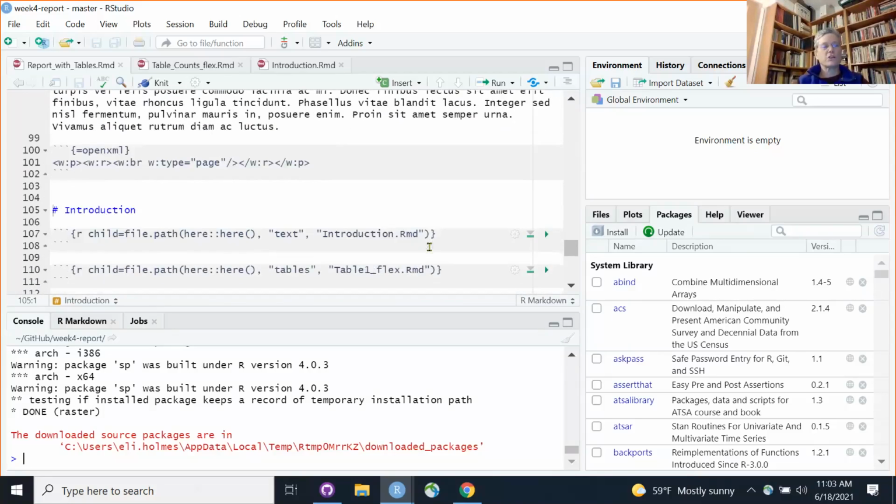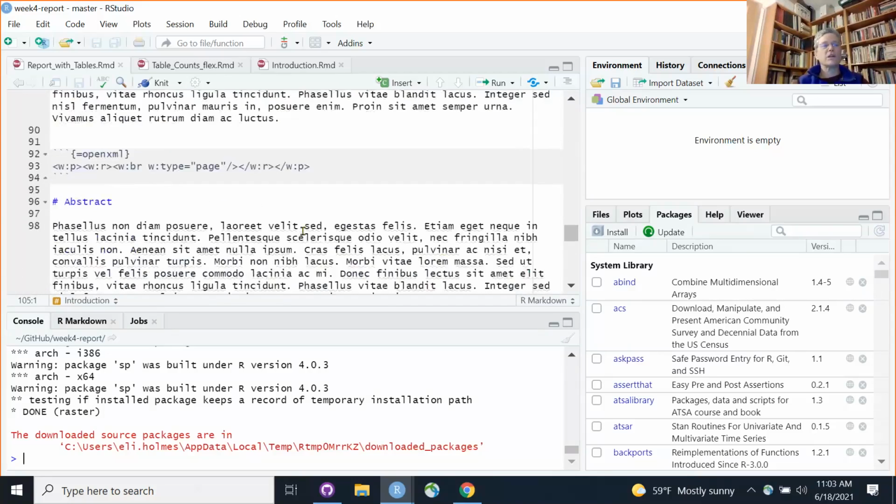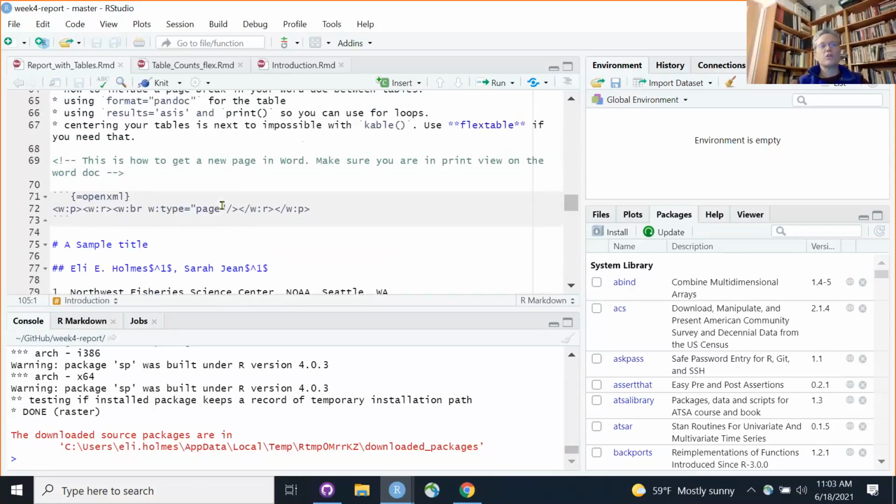You just want to cache, or you want to do it here. But if you had a bit of R code that you needed to cache, you can put it in this part here. Not for OpenXML, but if this were R, you could say cache equals true. But I want to give you a heads up that